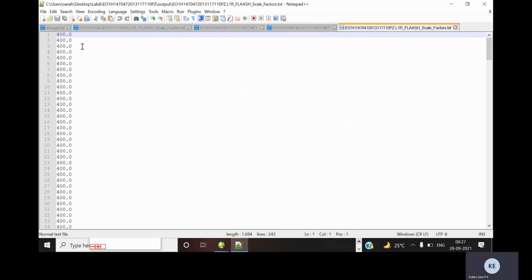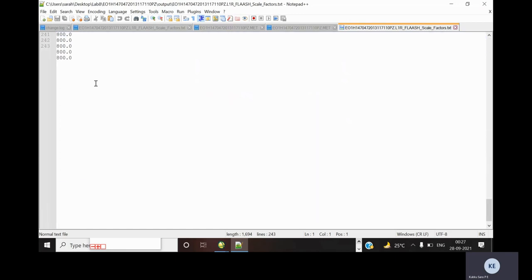Like in the original data sets, whichever bands we have removed, its corresponding scale factor also we have to remove from this. You can see here two values are there, 400 and 800. Very near infrared has a scale factor of 400, and shortwave infrared has a scale factor of 800, in total for 242 bands.